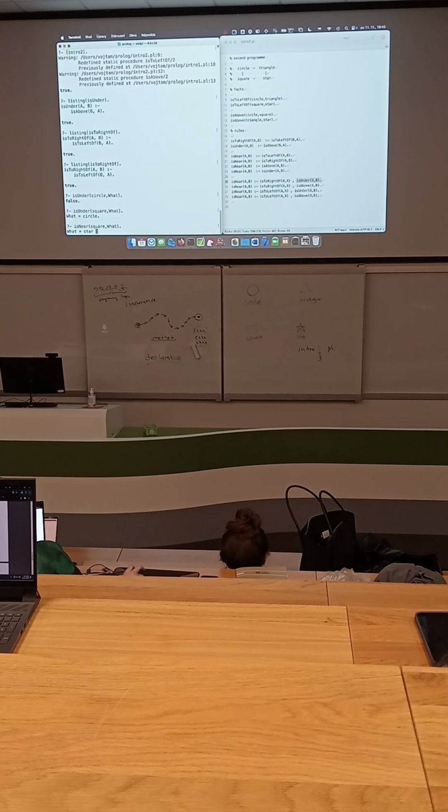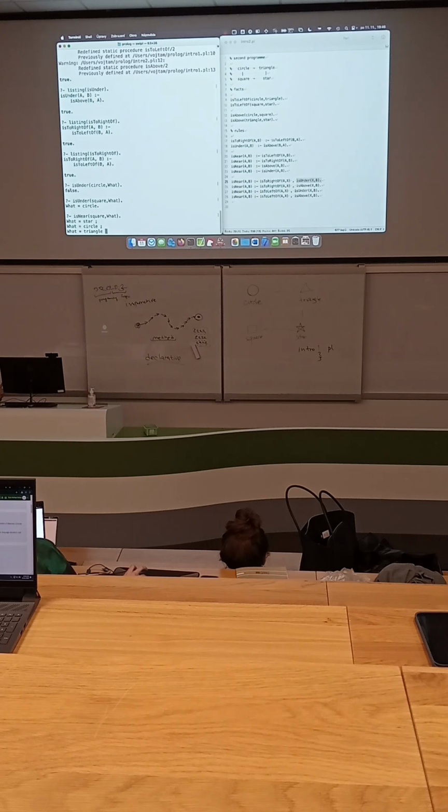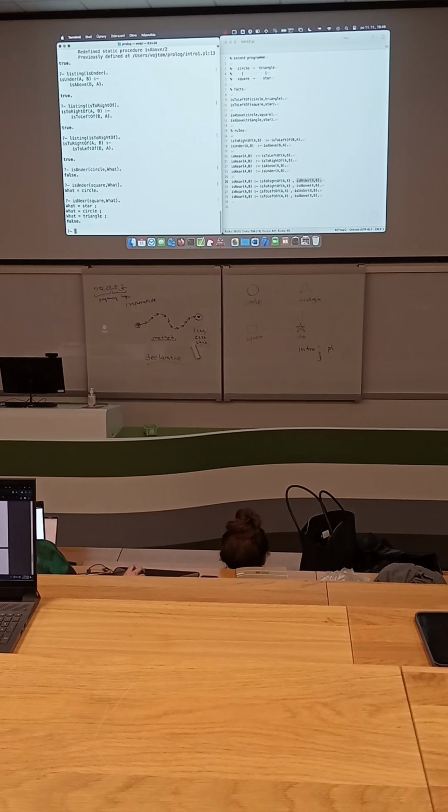Semicolon, dot comma: circle up, and triangle, no more, false. So I obtained three results in sequence.